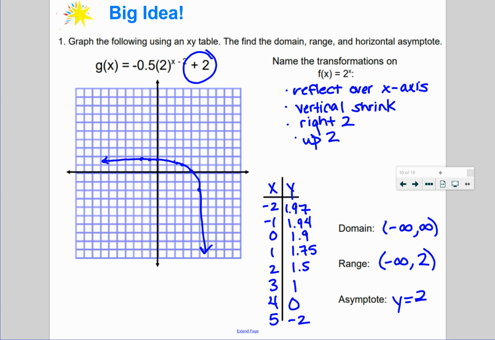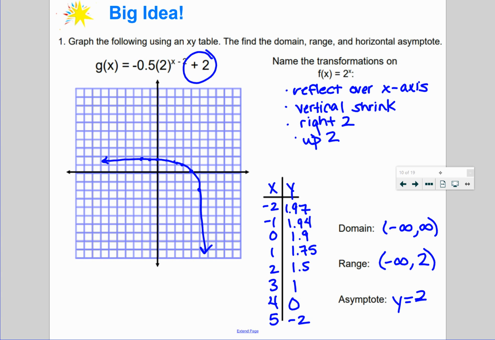But I extended a little bit more because all those values were pretty close together, so I didn't feel like that gave me a very good curve. So I gave it a few more places, and that gives me a few more points to the right, and you can see that curve shape happening a little bit more. What you should see happening in this table is that on one side of the table, you're approaching a certain number for your y's, and on the other side of the table, they're getting further and further apart. So here you can see my values are approaching 2,